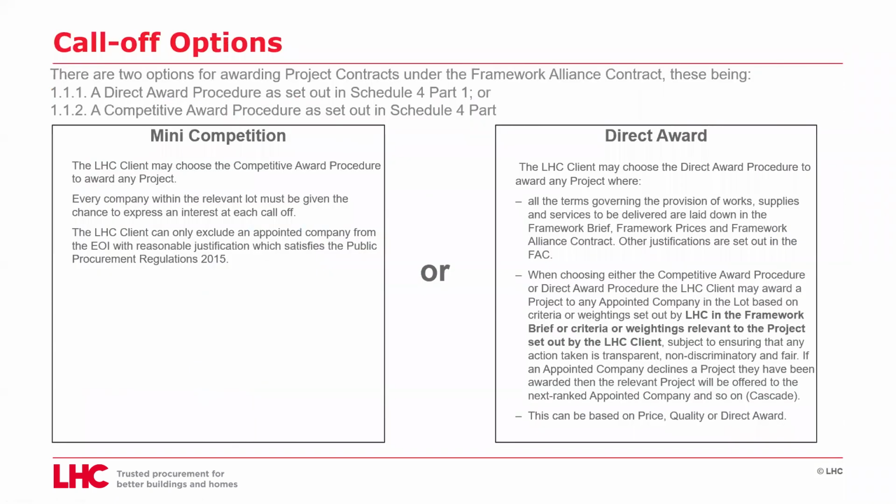Call-off procedures. There are two options for awarding project contracts under the Framework Alliance contract. These are direct awards and mini competition. When choosing either the competitive award procedure or direct award procedure, the LHC client may award a project to any appointed company in the lot based on criteria or weightings set out by the LHC in the framework brief, or